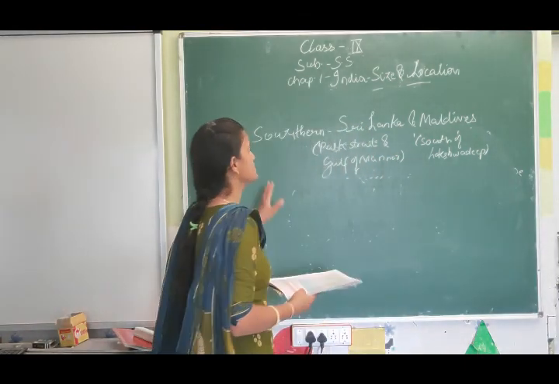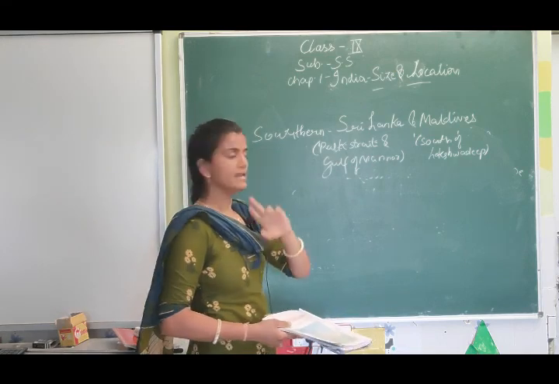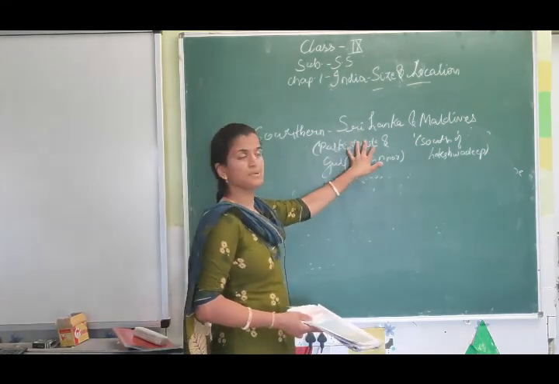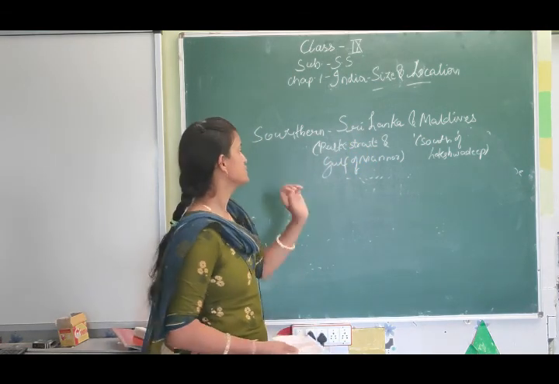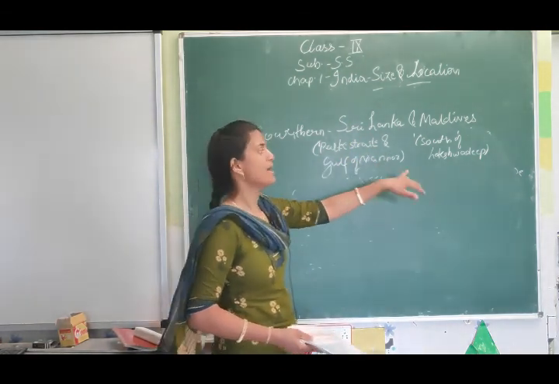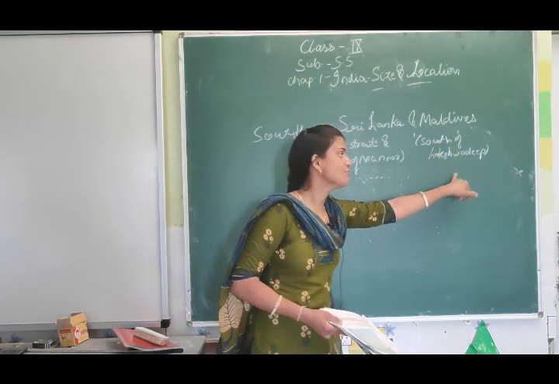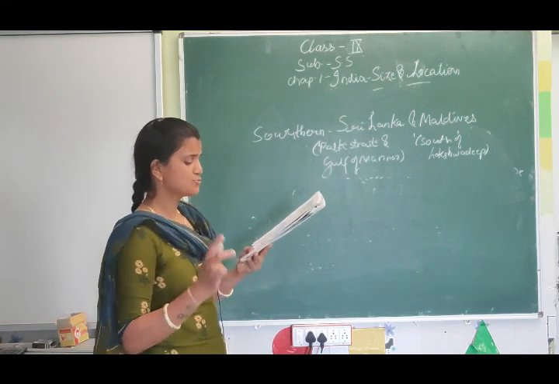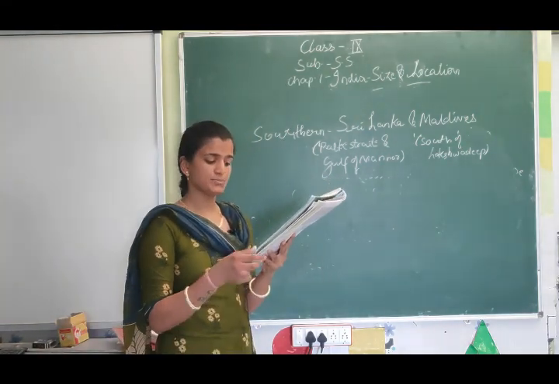So in the southern part we have 2 island countries neighboring us, that is Sri Lanka and Maldives. Sri Lanka is separated from India by a channel formed by the Palk Strait and Gulf of Mannar. Then we have the Maldives, which is located to the south of Lakshadweep. India has had strong geographical and historical links with her neighbors.